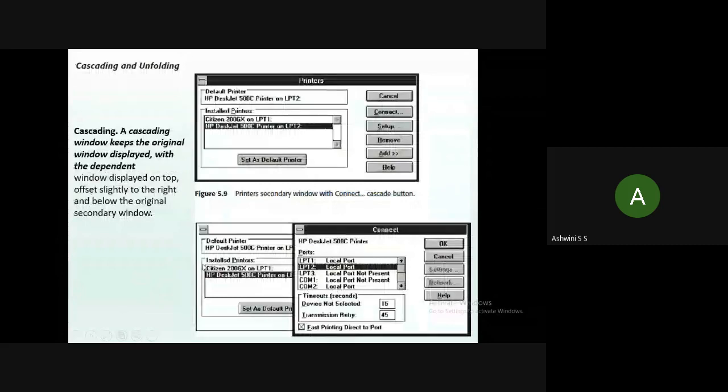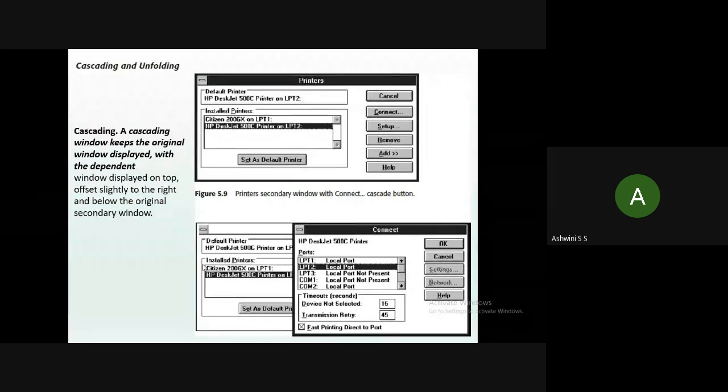Then comes cascading and unfolding secondary windows. So there are two types once again in the secondary windows, that is cascading and unfolding secondary windows. What is cascading?